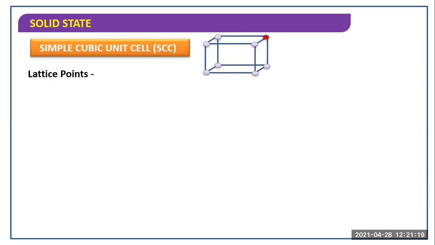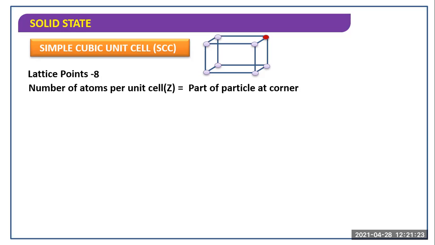Simple cube, this is simple cube. From the 8 points, number of atoms per unit cell equal to part of particle at corner. এখানে আমরা যদি দেখি,